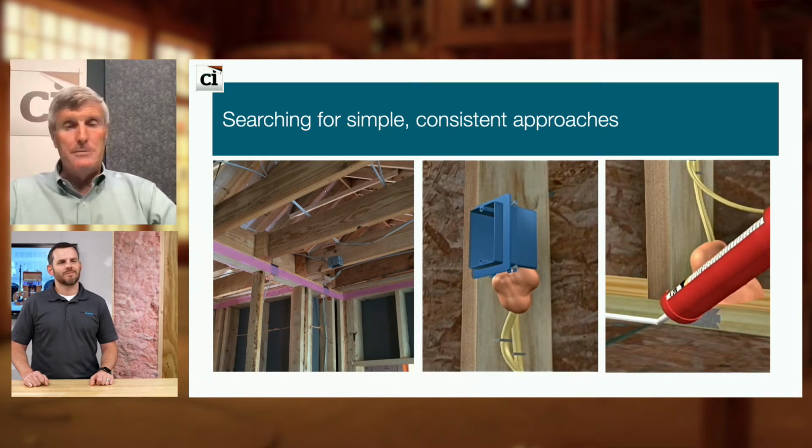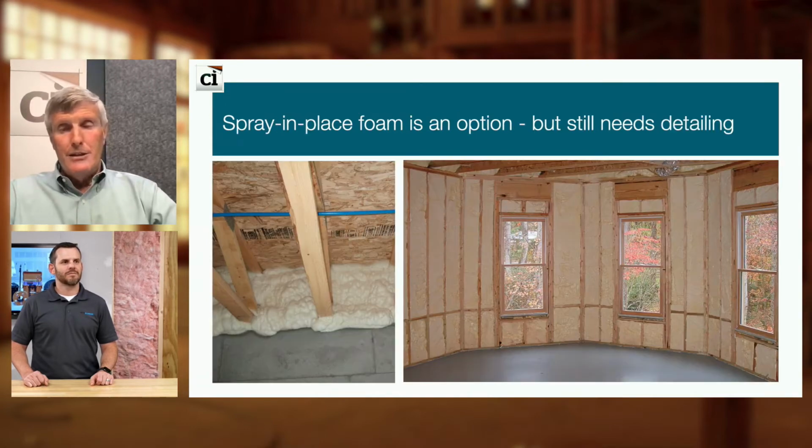We need to think about. Next slide. Yep, thank you. And we see spray foam has kind of been a choice that I saw come along about 35 years ago. And did it improve the airtightness of houses? Yes. But we do need to understand, when you spray foam over top of a piece of OSB, you didn't make that OSB any more airtight. So by all means, use spray foam for thermal effectiveness, consistency of your insulation, but also imagine